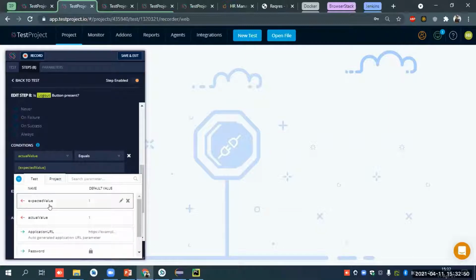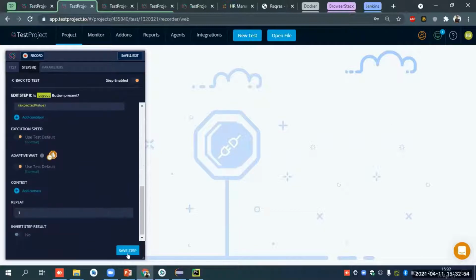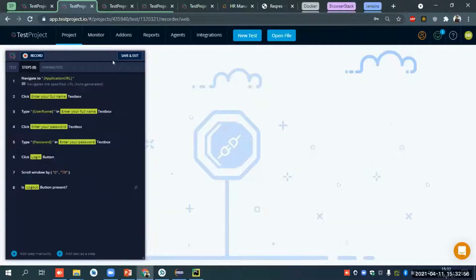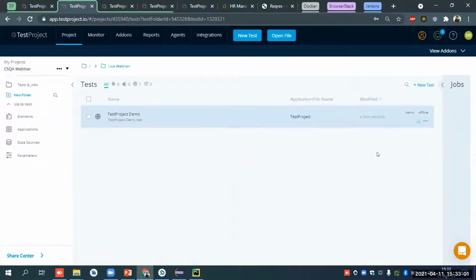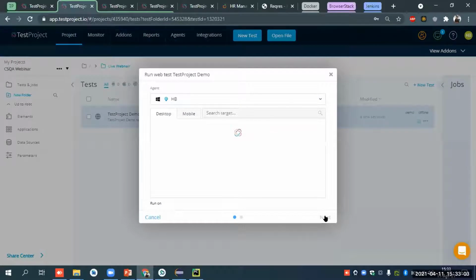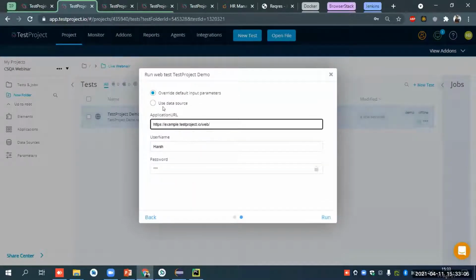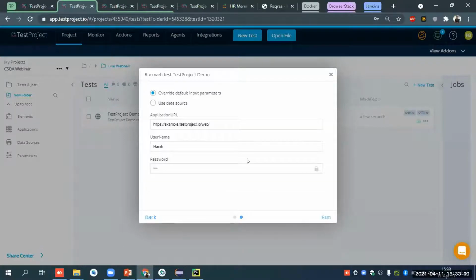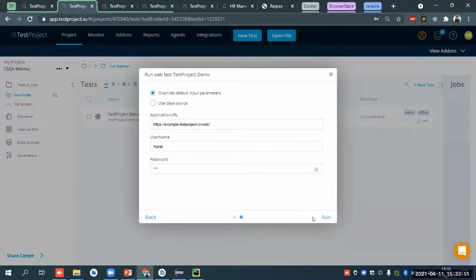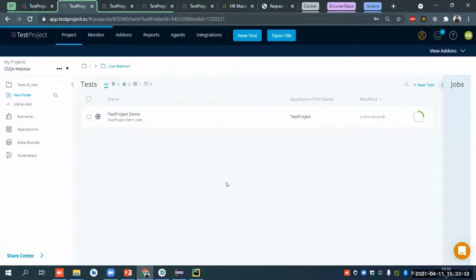Then we will save this step, save and exit again. We will run it. Select the use data source option if you want. We will just go for the default parameter, so it will run only one time.